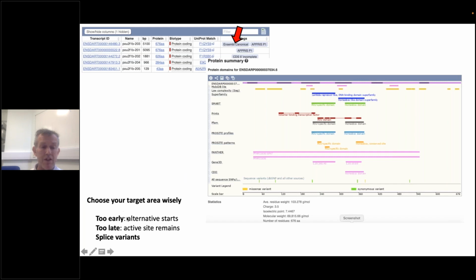If you make a frameshift mutation really early in a gene, often the ribosome simply finds the next ATG codon and will start forming the protein again. So you have to be careful with this. Of course, if you make a CRISPR that is very far in the protein, then you will have some active components still being present.